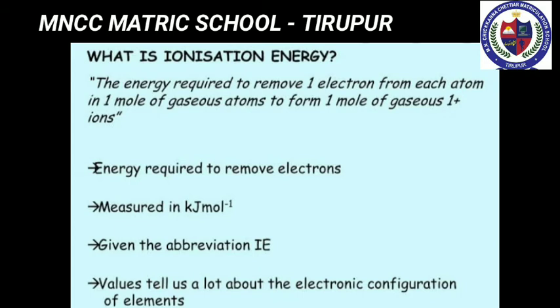Ionization energy is the minimum energy required to remove an electron from a gaseous atom in its ground state to form a cation. It is otherwise called ionization enthalpy. It is measured in kilojoule per mole. The higher the ionization energy, the more difficult it is to remove the electron. The ionization energy increases along the period and decreases down the group in the periodic table. As the positive charge increases, the size of the cation decreases, and as the negative charge increases, the size of the anion increases.